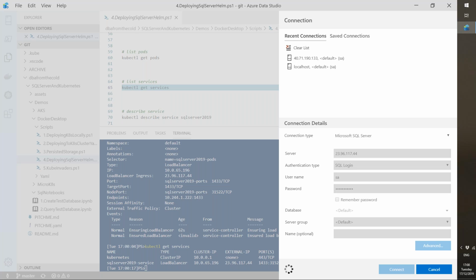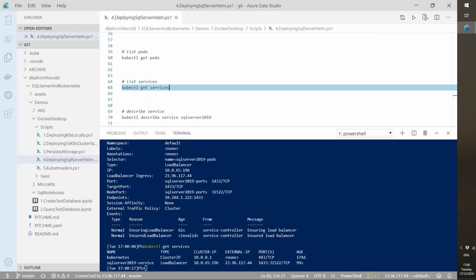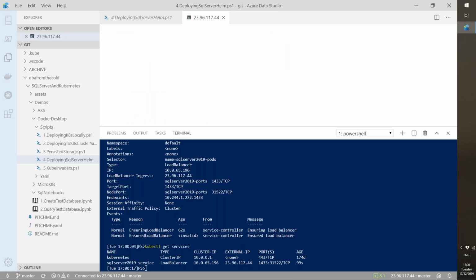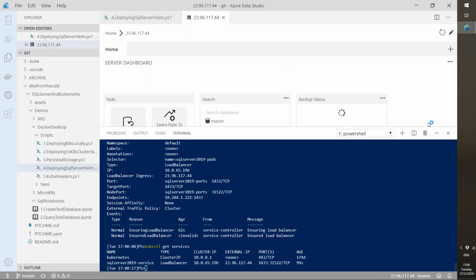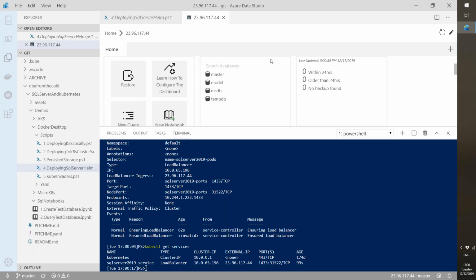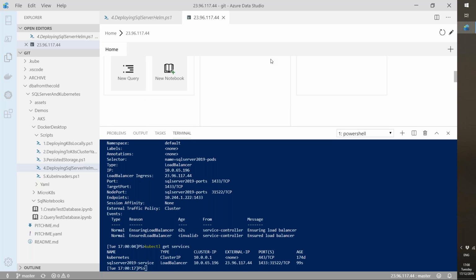Let's just connect. There we go. And then we are connected to SQL Server running in an Azure Kubernetes Service cluster, exposed via an external IP provided by a service with a type of load balancer.